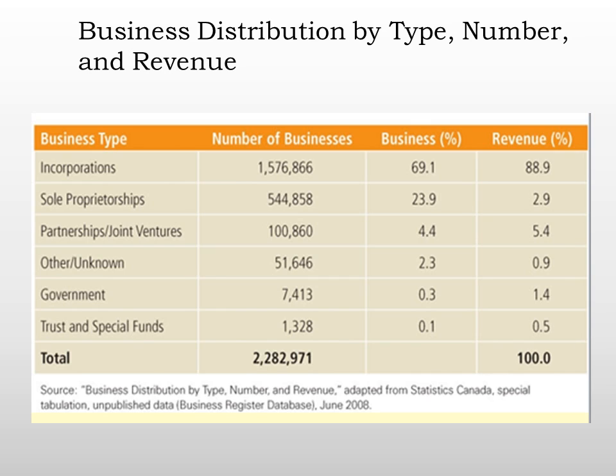Partnerships in Canada accounted for just over 4% of the number of businesses, generating about 5% of revenues. So corporations are by far the largest number of businesses operating in Canada, and there certainly has been a trend for many partnerships and sole proprietorships to incorporate as the business matures. And that is quite common. A lot of businesses will start up as a sole proprietorship. Sometimes they may evolve into a partnership, bringing in additional partners, and some businesses will then incorporate.